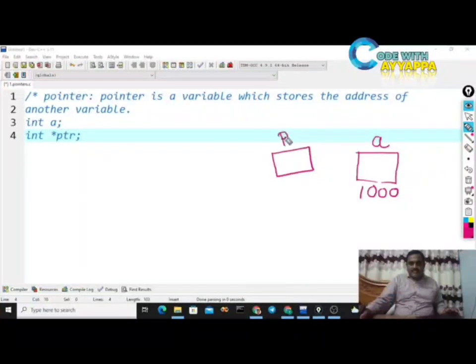The location name is ptr. Its address, for example, I am taking 2000. Now this is the situation if you declare like this. I will go with an example to make things clear.